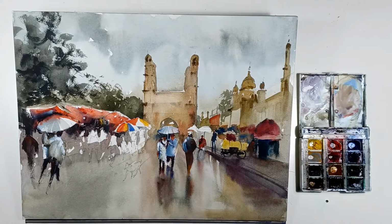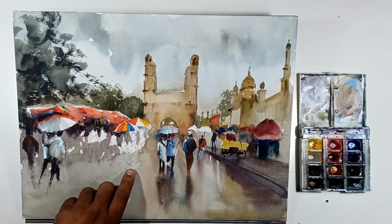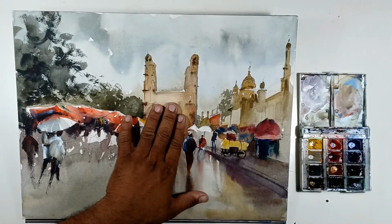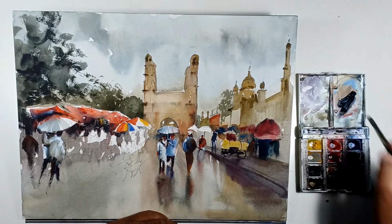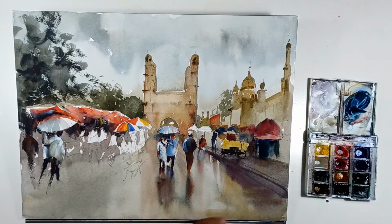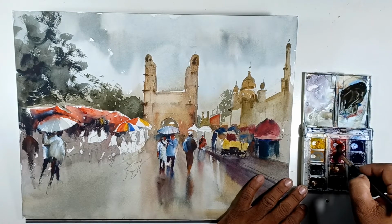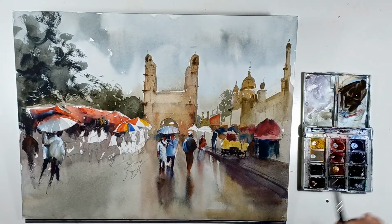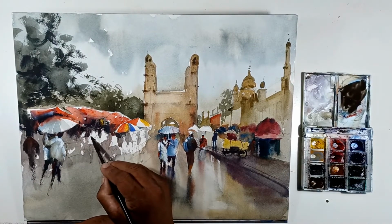So friends, let's finish the painting now. So we are left with a few human figures, this particular dog over here, and a few suggestions of doors and windows on the Charminar and on this building. So let's get started. So I am mixing Payne's grey with a little bit of blue color and a little bit of burnt sienna color. And for little warmth we can add a little red also. So basically I'm getting a very dark brown kind of color,